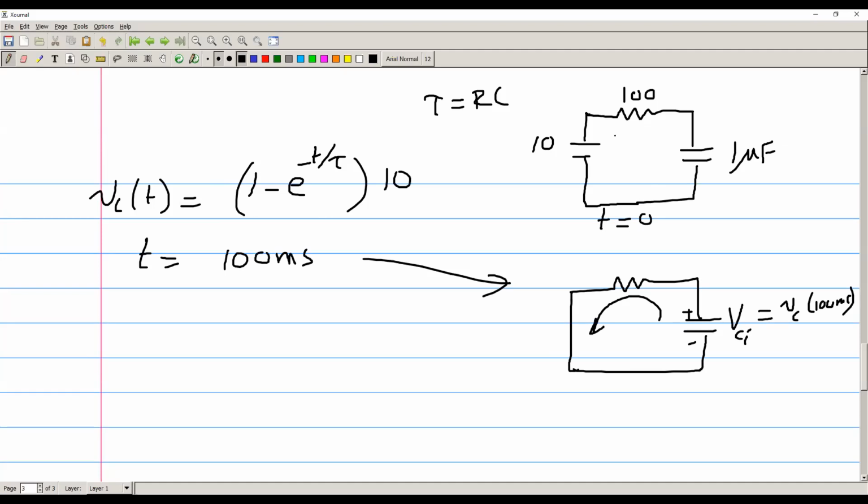In the first circuit, the current was moving in this direction. In the new circuit, you have only the voltage on the capacitor that drives the current in the circuit. So if you try to compute the voltage across the capacitance after 100 milliseconds, it's going to be like